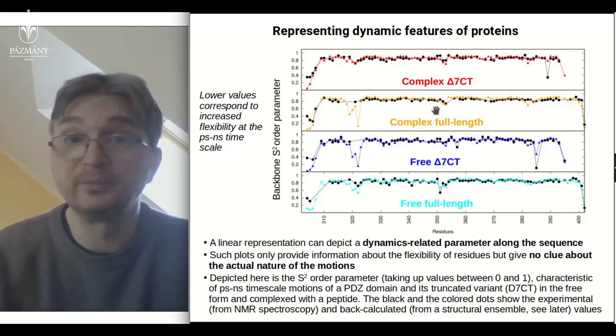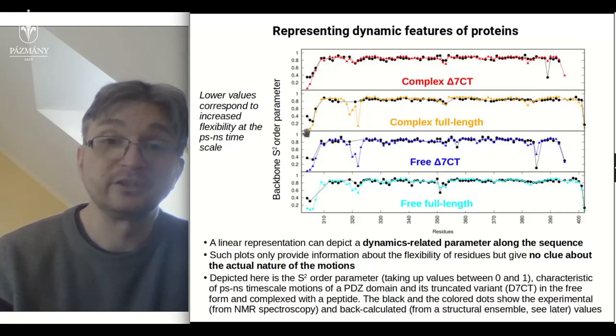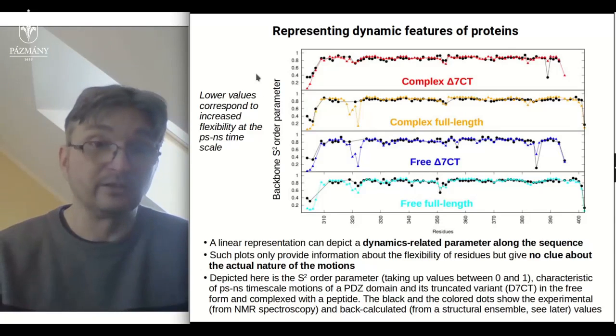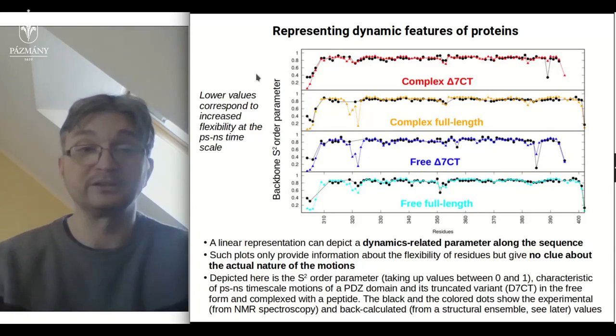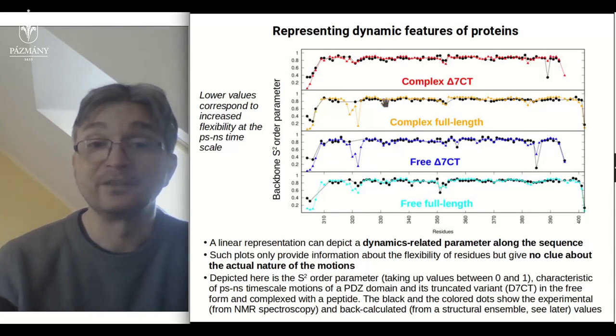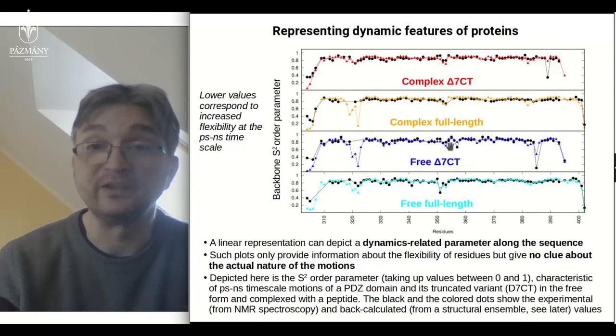These are PDZ domains, and the parameter is a so-called order parameter, which ranges from 0 to 1, and 0 means more intensive motions or more flexibility. 1 means rigid structure. You can see that several regions have increased motion, and this is different between